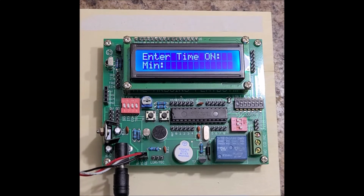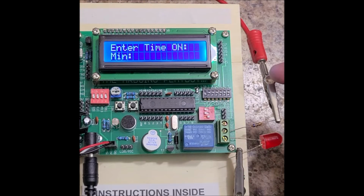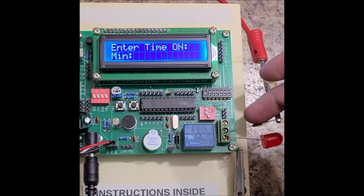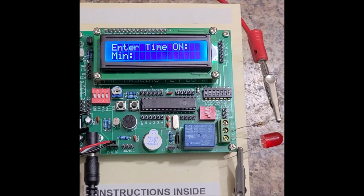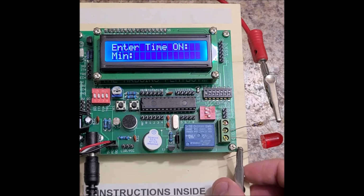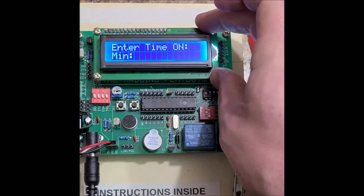So what I'll do is I'll reprogram this again for a short amount of cycles, with a short amount of time between each cycle, and we'll just use an external power supply to turn an LED on and off. What I've got here is an external power supply, 5 volts right here, and it connects through a 700 ohm resistor, roughly 680 ohms, to the common port of the relay, and the normally open pin of the relay is connected to the anode of the LED, and the cathode of the LED, the negative, is connected to the ground of the power supply. So again, an isolated power supply, independent from the supply that's powering the